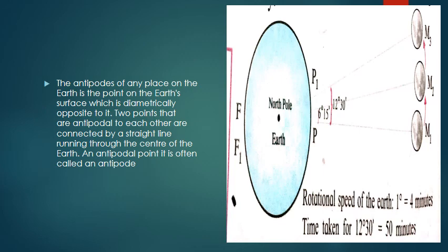But what we experience every day from one day to the other, in the morning you are watching the video, then in the evening you are going to sleep, what is that? That is rotation. That you know very well. So that is the rotational speed of the earth. And one longitude crosses in how many minutes? 4 minutes. You know this very well.